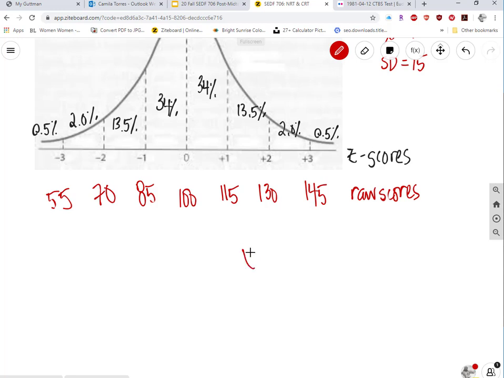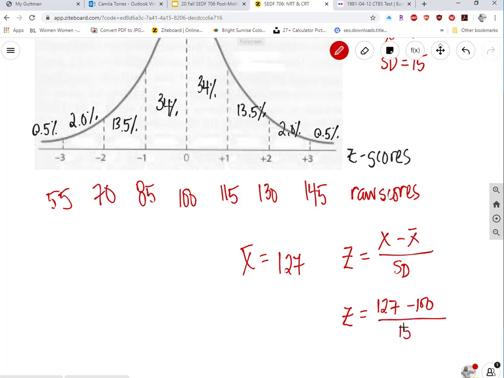Let's just say a student scored 127. It's not something that is exactly in between. While we can't calculate the probability because you do need technology for that, you can calculate the z-score by using the z-score formula, which is just the student score, and from that you're going to subtract the mean and you're going to divide by the standard deviation. So in this case, if a student scored 127 and the mean is 100, and the standard deviation is 15,